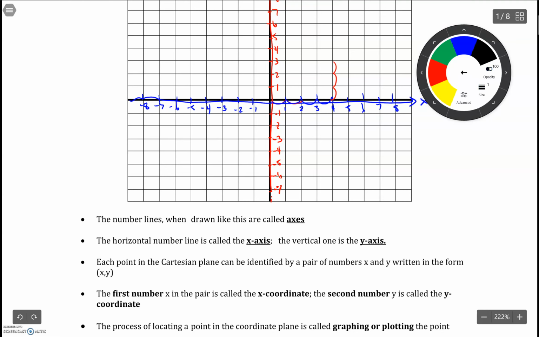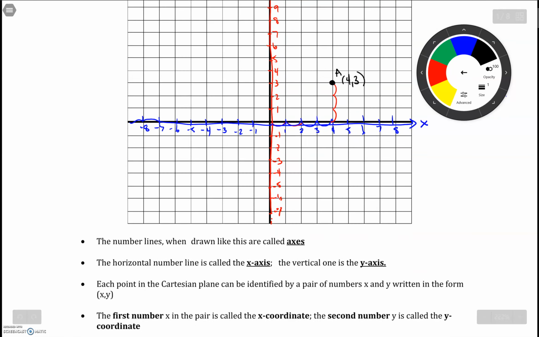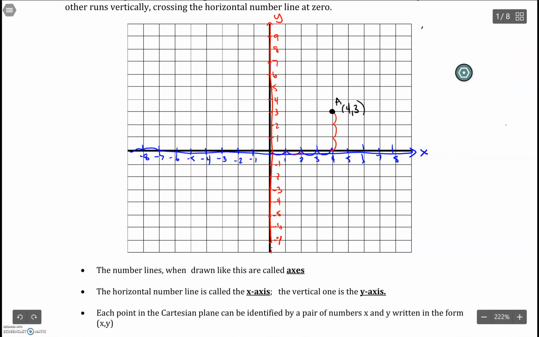So our point A at (4, 3) would be located up in that upper right quadrant. We call that space of the Cartesian plane quadrant 1